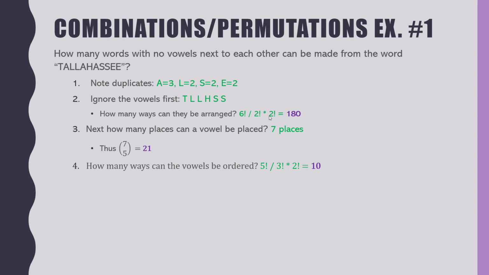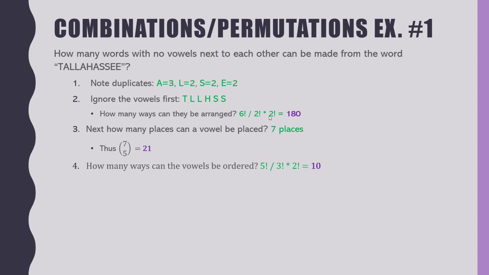A minute ago I said that there were 6 ways. That was just me calculating wrong in my head, sorry about that. I was thinking that 6 factorial was 24, but it's not, it's 720, right? Sorry about that, okay? Next up, so we figured out there are 180 ways to rearrange the letters of the